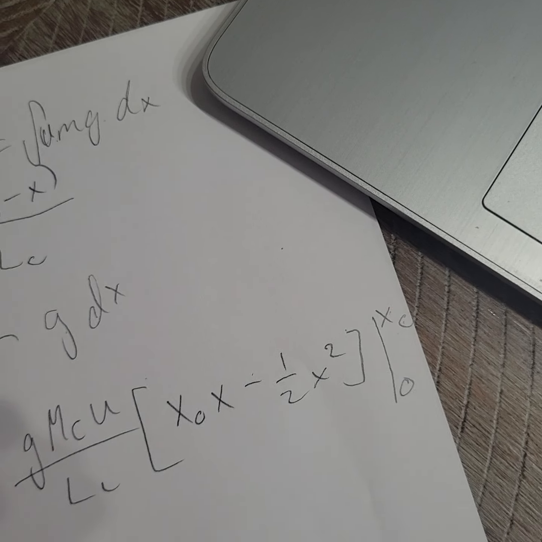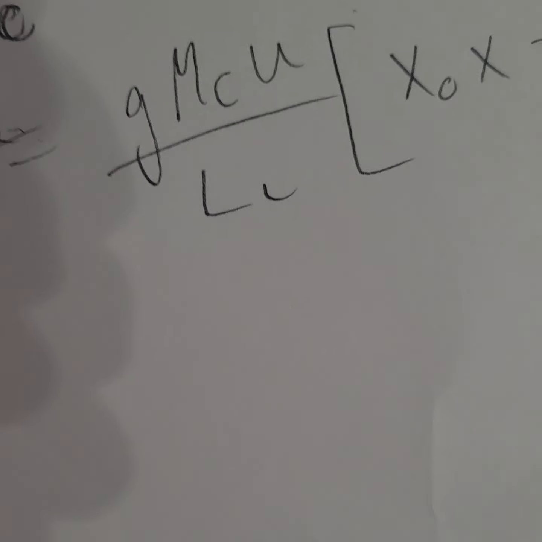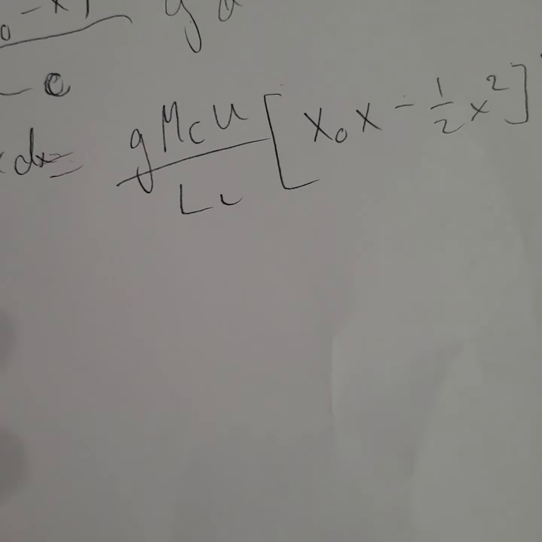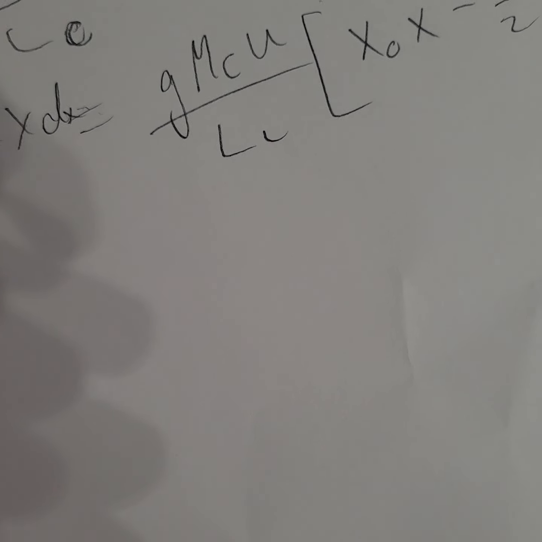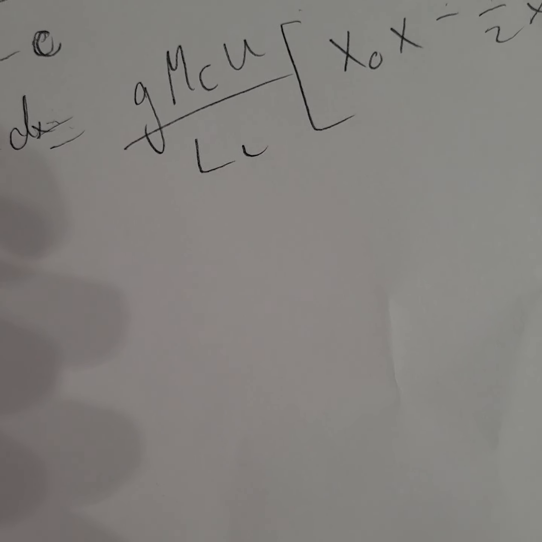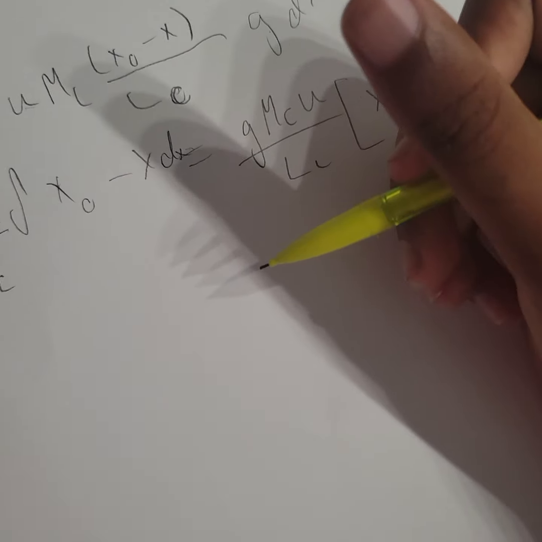That would give you, when you plug in 0 for x, it would cancel out, so you would just have to plug in x0. And when you plug in x0, you would get